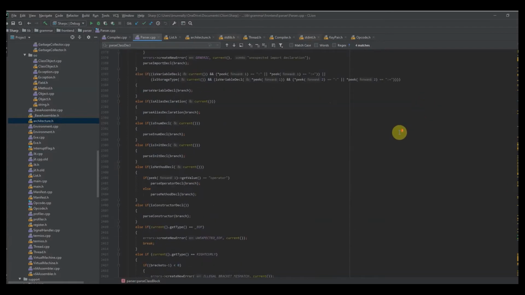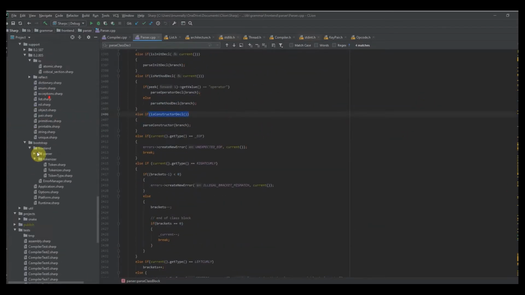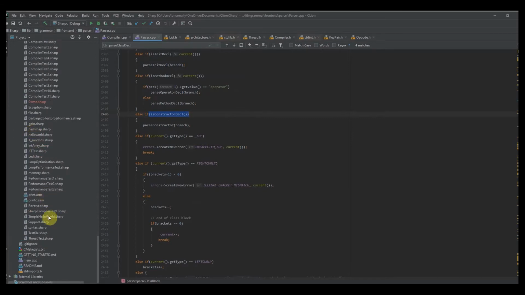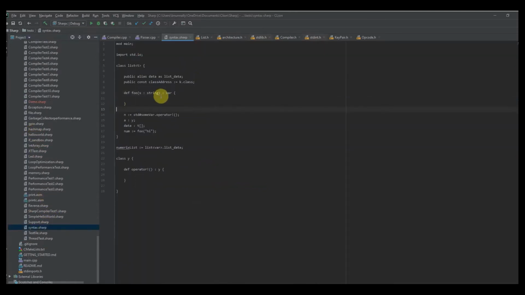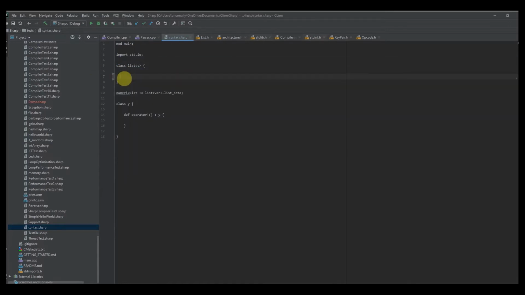So the first thing that we're going to do is talk about constructors. Constructors look as follows. If I try to create a constructor for this list class, I'm going to remove this code here. I'll have to say list, which is the name of the class, parentheses, and then, I don't know, some params. So let's say initial data of type T,